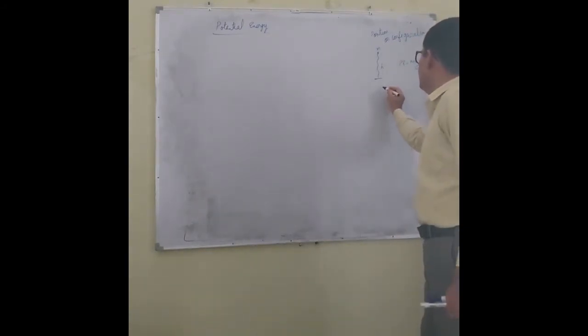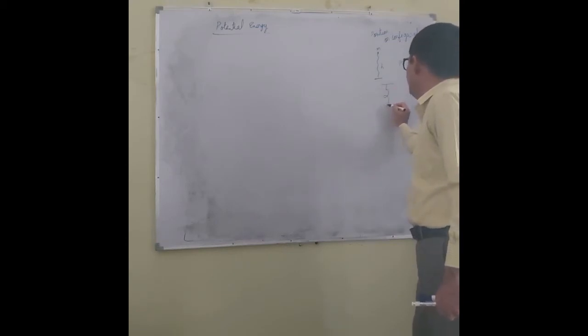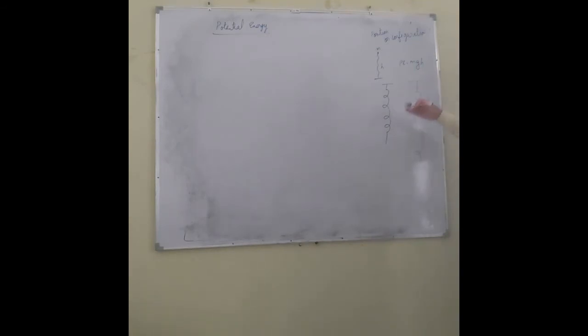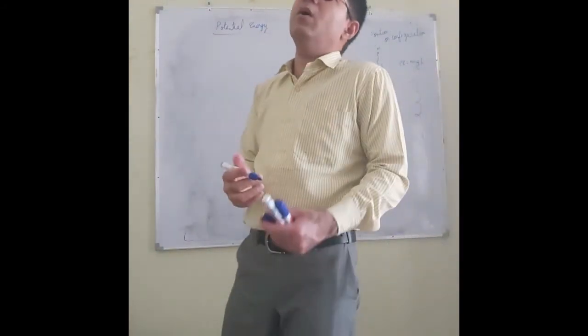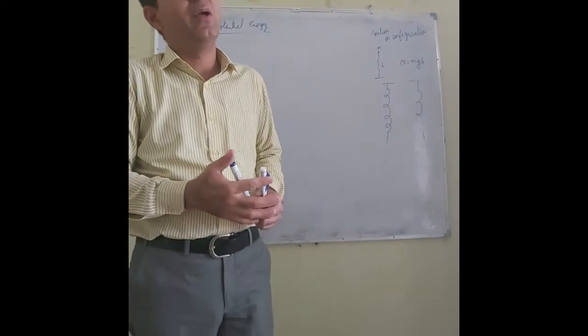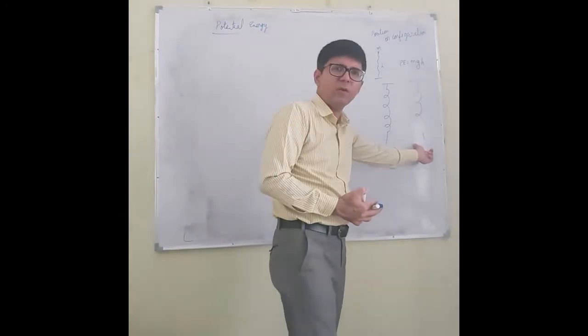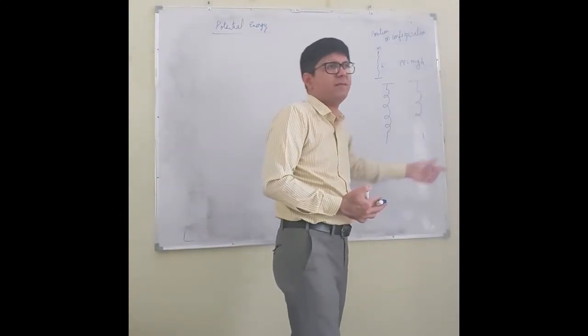And in the other case, if we are having a spring, let us say this is the spring, and if I stretch this spring, what will happen when I release it? This end is fixed. It will describe simple harmonic motion. From where did it get energy to do this? It is because potential energy was stored when this spring was stretched.